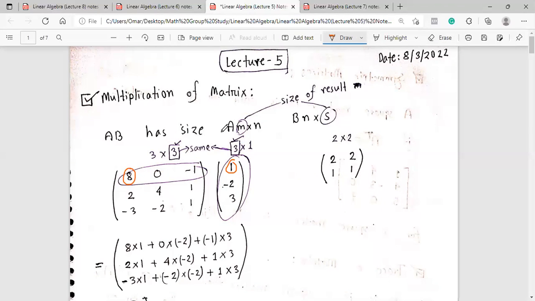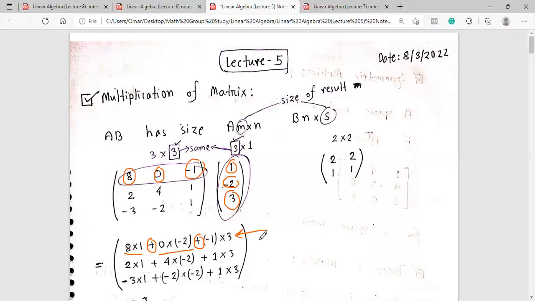Then we have 0. So firstly we multiply 8 with 1. So 8 multiply 1, then plus 0 multiply minus 2, okay? And then plus minus 1 multiply 3. So this way we write down the first row,